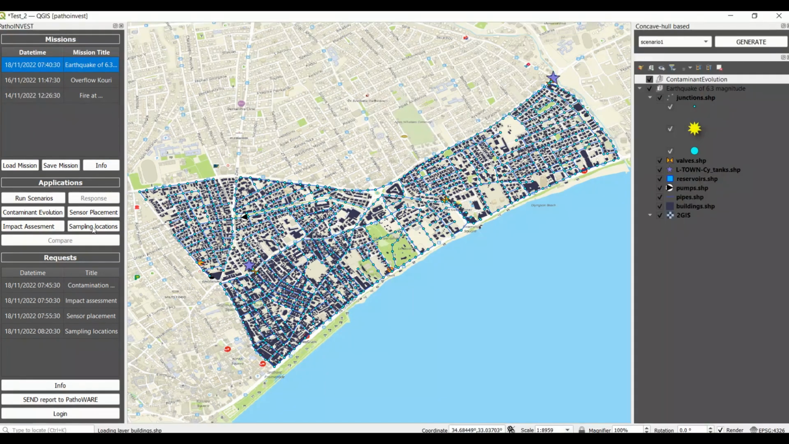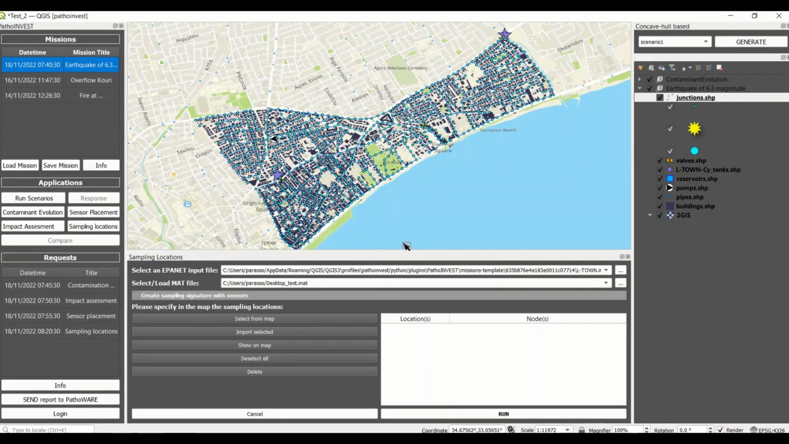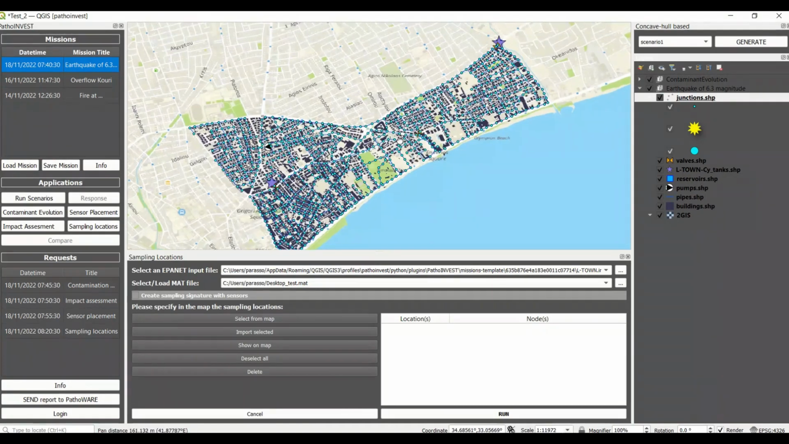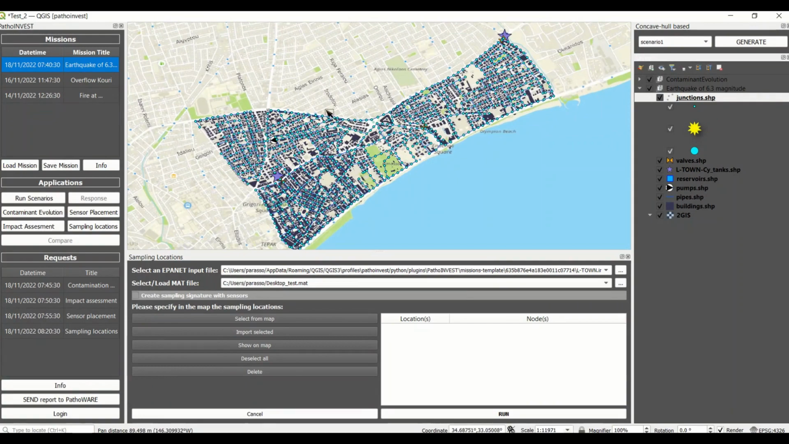This is achieved by clicking on the Sample Locations button on the left-hand panel in the Applications section. The user can then indicate the area where they want to perform manual sampling within the network to identify the source. In this example, since the potential contamination sources are located on the western part of the network, we focus there and select